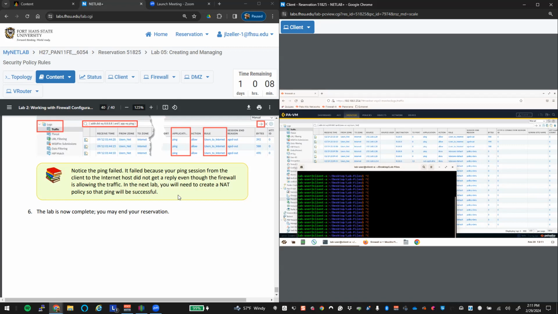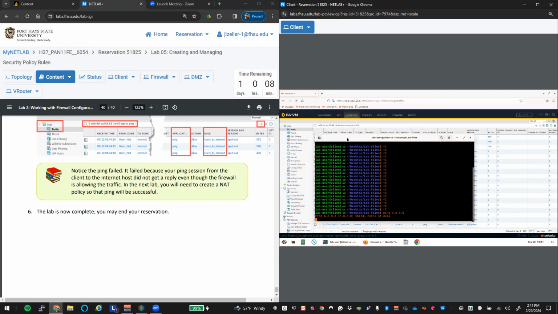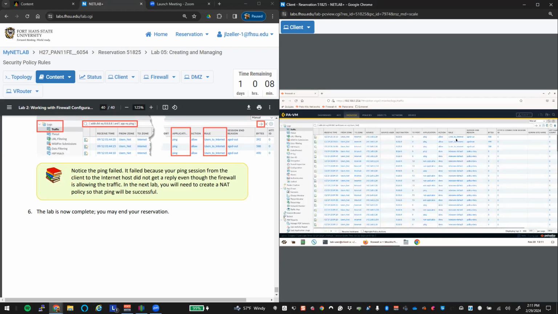So to do that, we would have to create a NAT policy in order for it to go on through. That's what I was thinking of earlier, is we haven't done NAT, which is what you would do next week when we talk about NAT itself. So we can get out to quad 8s, but a quad 8s doesn't know how to get back to us at this point. We don't have a NAT policy. But our security policies are at least working on this side, where we can see traffic being allowed to go